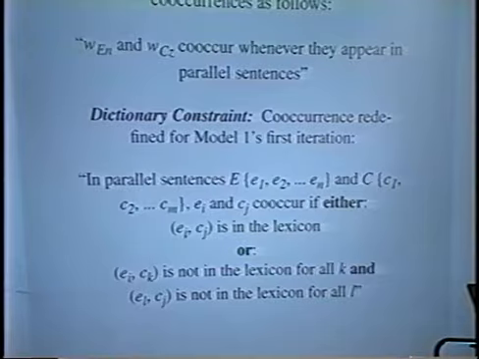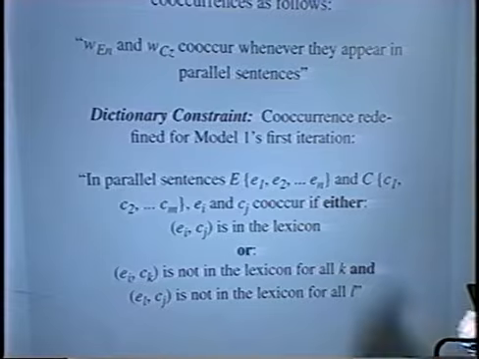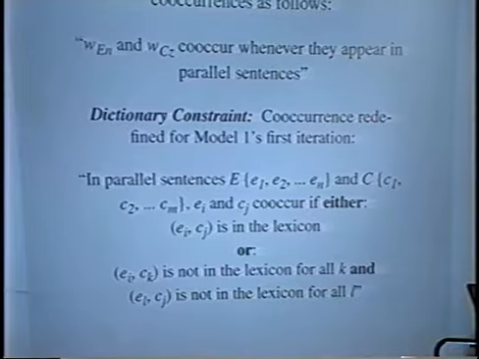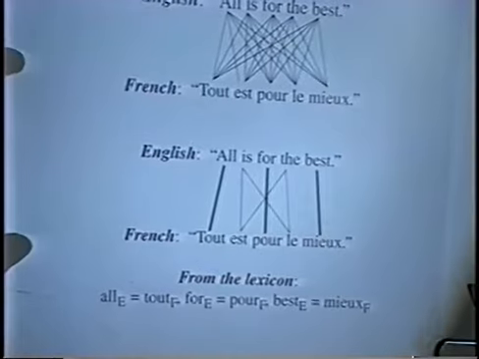I have an analogy for this. You have the Czech words, which are the women at a dance, and the English words, which are the men at a dance, and the lexicon is a list of the married couples. The married couples are only going to dance with their spouses, and everybody else, the singles, are going to mingle. So that's basically an explanation of how it works, and here's a picture.